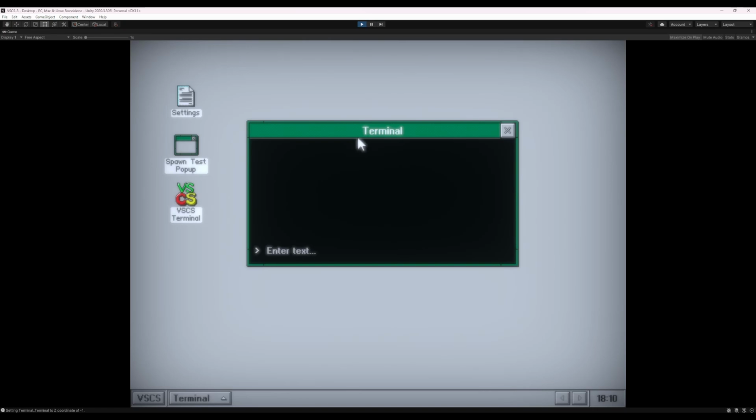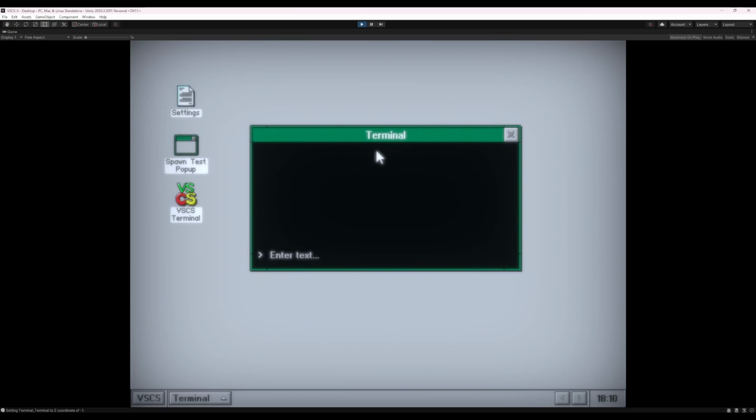Also, please ignore the tearing. I'm still trying to fix that. I know that looks kind of goofy when I'm moving things around. I'm aware. But I've got this little thing. It doesn't do anything. If I press enter, it just highlights the text and it looks super gross. But yeah, I'm going to implement a terminal. I don't know to what extent I'm going to actually implement it into gameplay.